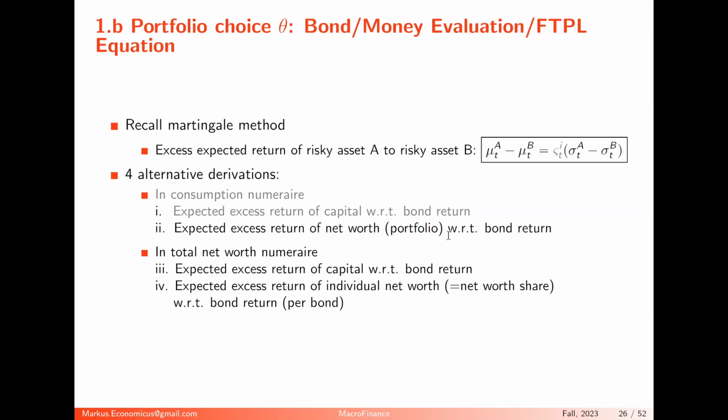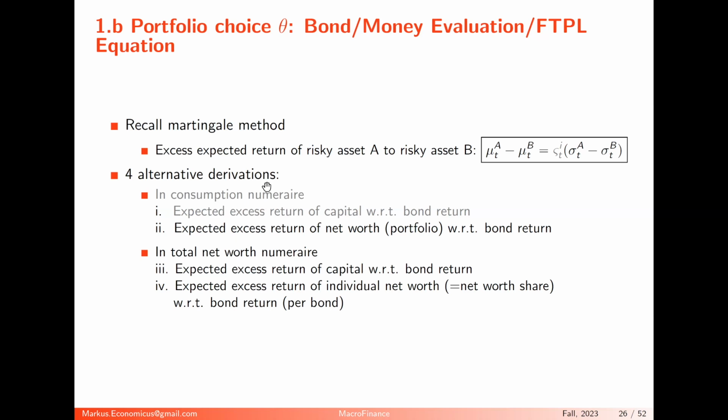And I can also do the whole thing, instead of the consumption numeraire, in a net worth numeraire. This fourth method, which is a little bit mind-blowing, is essentially the most elegant way to do it in the model with aggregate risk. Once you have aggregate risk, you want to go away from the consumption numeraire to the net worth numeraire. And it also turns out to be much simpler to price your net worth, which consists of the government bond and the capital, relative to the government bond. You save a lot of algebra by doing that.